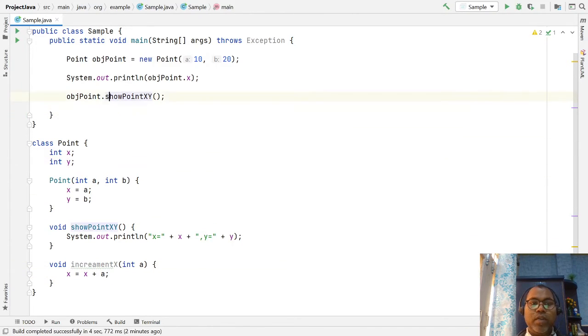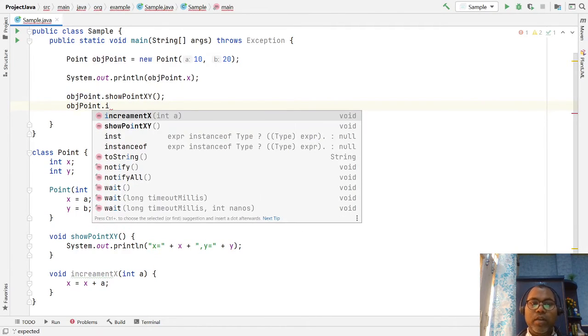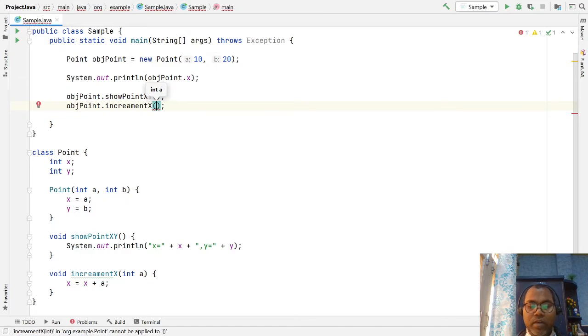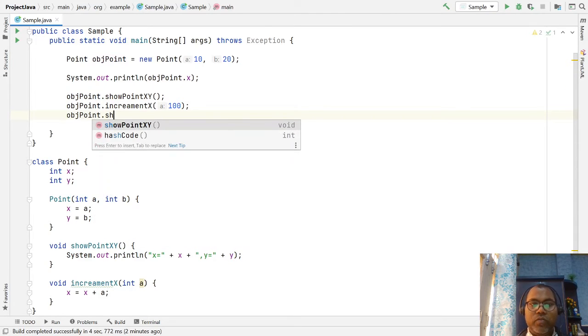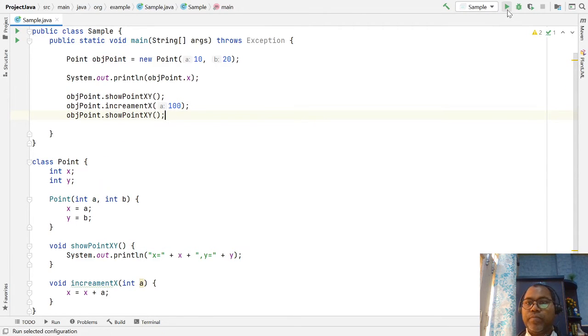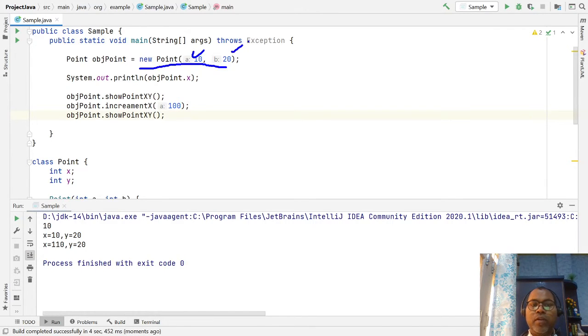So here let's say your object point dot increment a with 100, and after that let's check our point dot show. So here first you create your object with the default values 10 and 20.